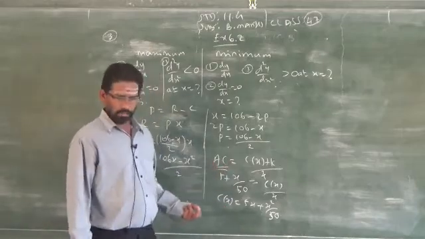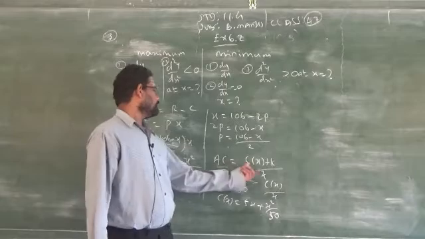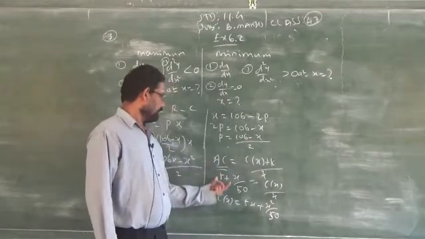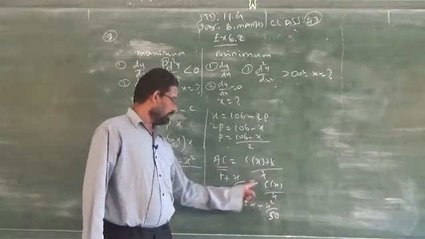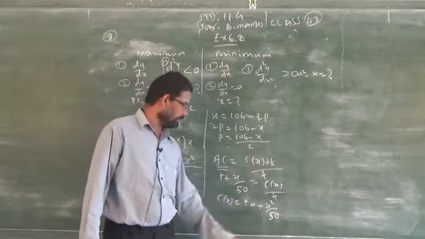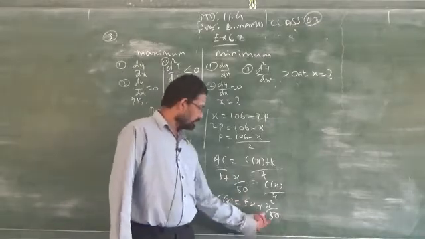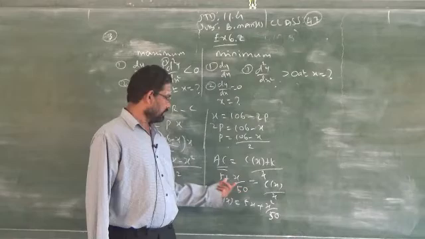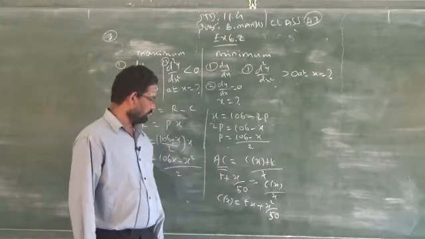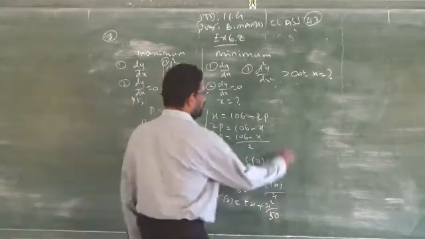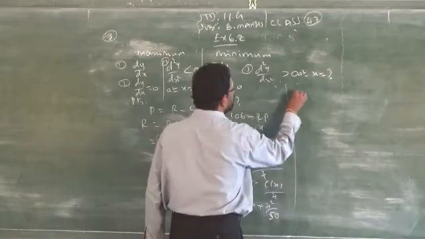So this is your answer to find cost. AC is given. I know what is AC? C of X by X. So AC is 5 plus X by 50. So I am multiplying this one, 5X plus X square by 50. If you divide by X, you will get the same result, 5 plus X by 50. So my cost is 5X plus X square by 50. So now you have to substitute in this formula.